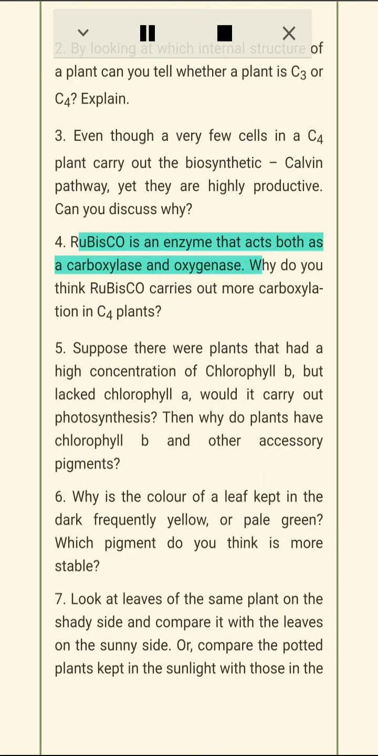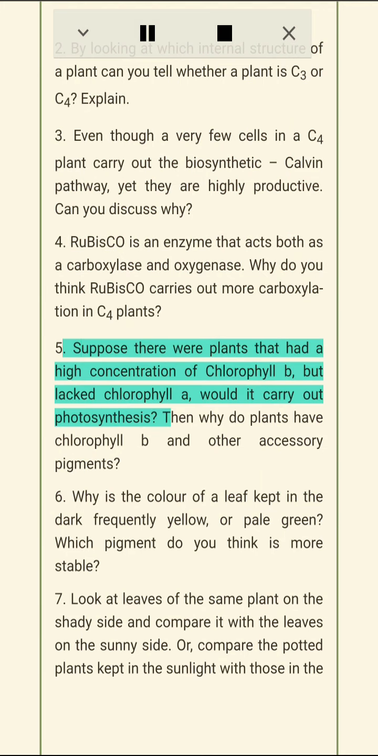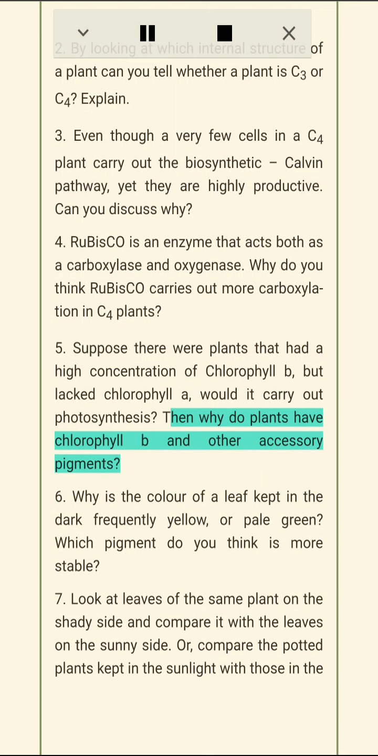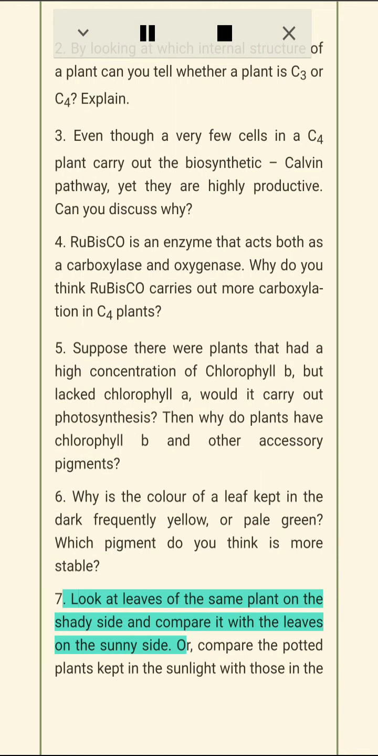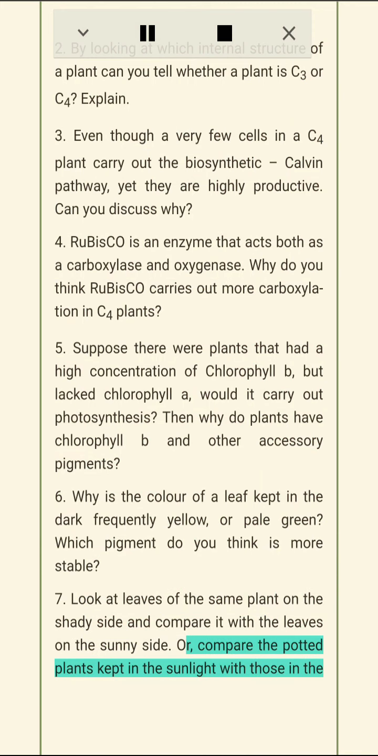4. Rubisco is an enzyme that acts both as a carboxylase and oxygenase. Why do you think Rubisco carries out more carboxylation in C4 plants? 5. Suppose there were plants that had a high concentration of chlorophyll b, but lacked chlorophyll a, would it carry out photosynthesis? Then why do plants have chlorophyll b and other accessory pigments? 6. Why is the color of a leaf kept in the dark frequently yellow or pale green? Which pigment do you think is more stable? 7. Look at leaves of the same plant on the shady side and compare it with the leaves on the